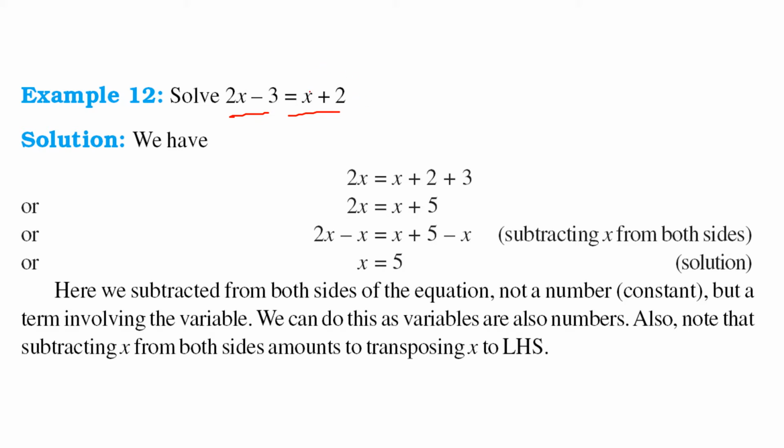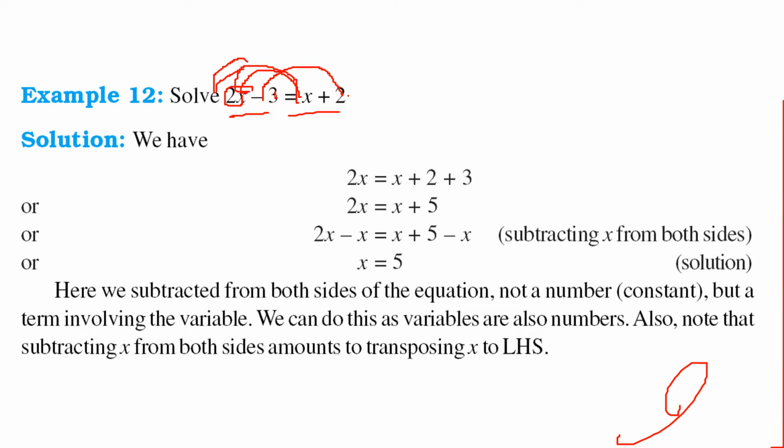For this, what do we do? We take x, meaning similar or like terms, on one side and the other like terms on the other side. That is, 2x is here, let us take x here and let us take minus 3 here. So when minus 3 comes here, it becomes plus 3 like this. If you see here, this 3 has become plus, okay. And if you see that the next one is here, this one, right? I'm pointing to this one. So we get this one as,